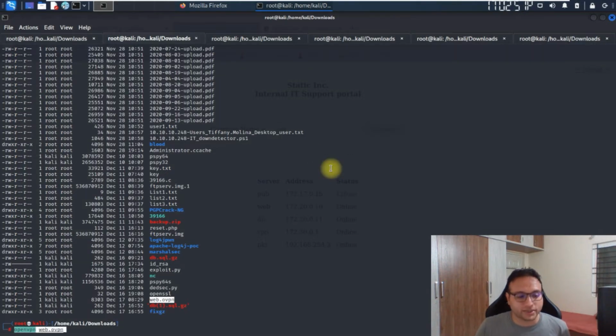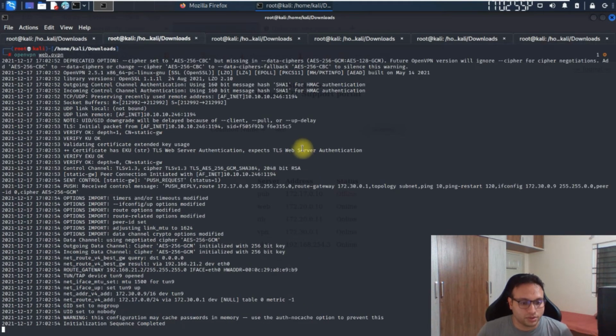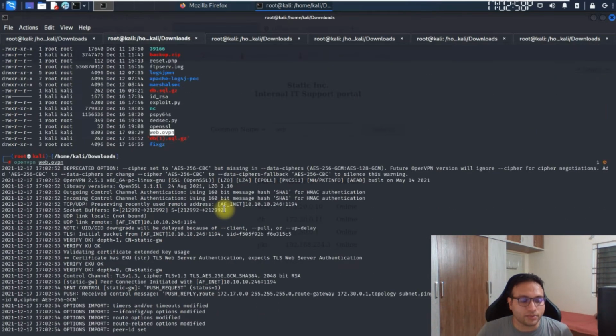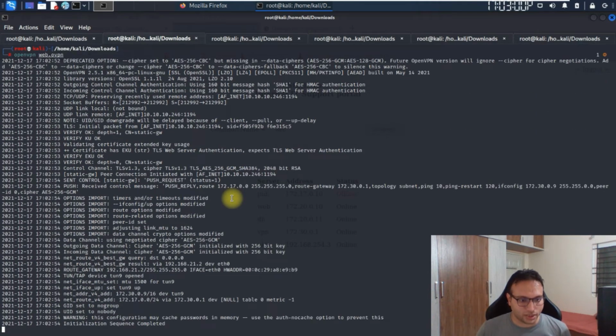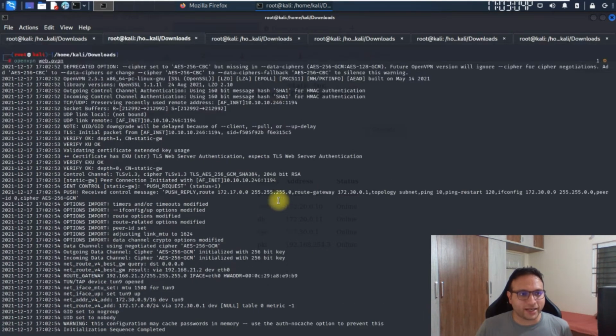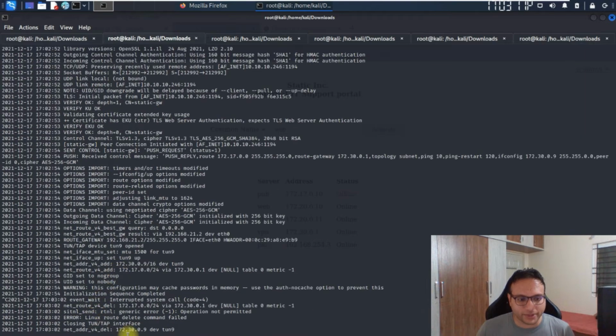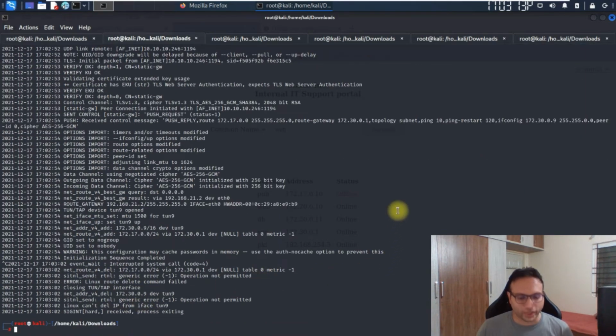So let me try to get it accessed and let's see what output we get. I can see, okay, in my case, I'll tell you what exactly is happening. Normally, initially, when you try to access this web.ovpn, the connection is not established. Unfortunately, what is the main issue behind it?